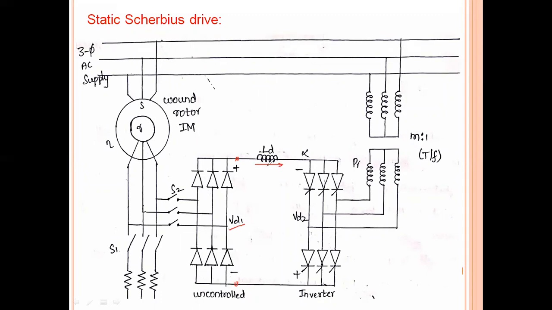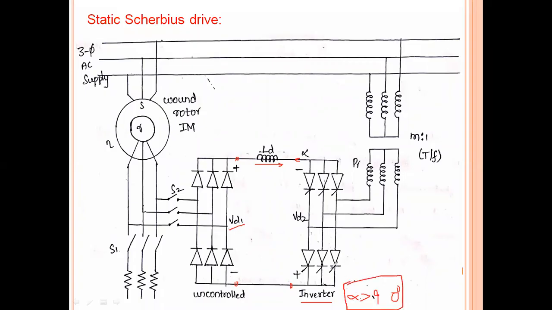or flown through a large inductance, which is LD. This large inductance generally stabilizes or eliminates the ripple that is present in the DC that is produced here. And a three-phase full controlled converter is taken in order to operate in the inversion mode. Inversion mode means alpha greater than 90 degrees. Then we will operate the full controlled converter in the inversion mode.